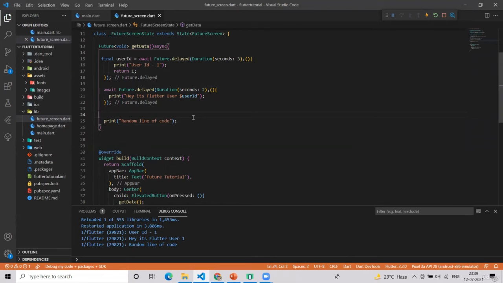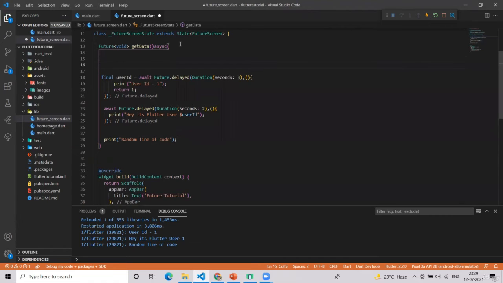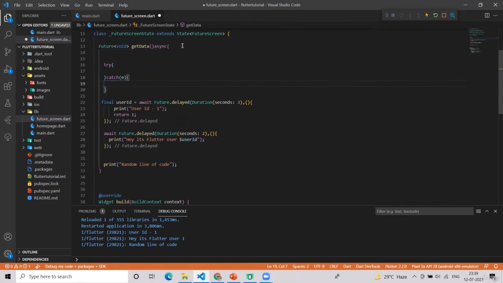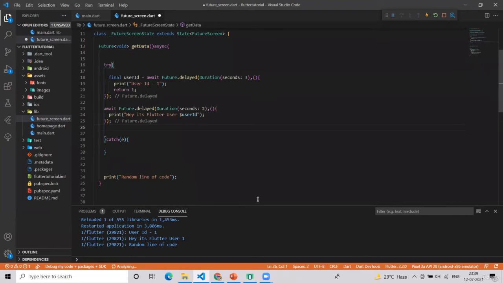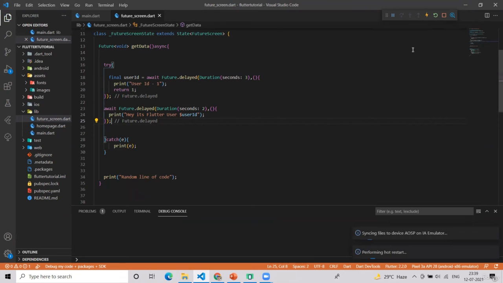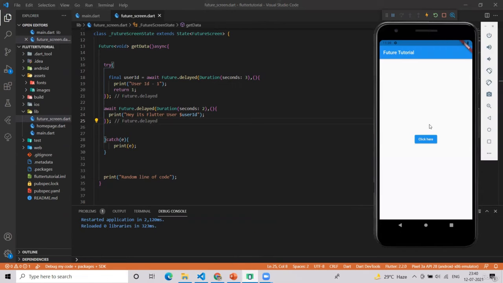Now you might be asking, what will happen if there is some kind of error? For that we use this try catch block to catch any network error and store those things here. That's it. And in the catch, if you want, you can just print the error, because previously we had then and catch error, but now when we are using async await, we should use the try catch block as well.